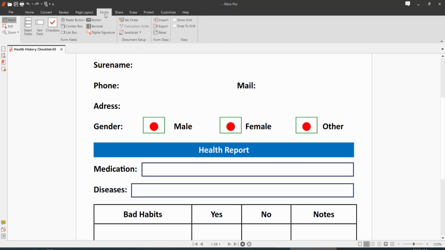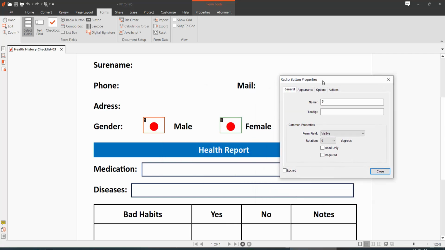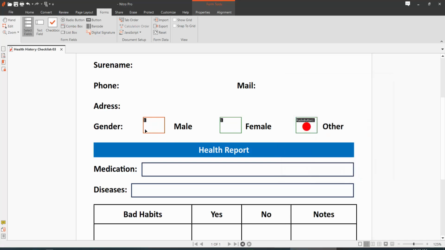Now select the form option and select a field, and this is a radio button, and all of these are radio buttons. Now they are different. You can change these radio button names one by one. Select here, type the name here, and this one the same, and this one also,